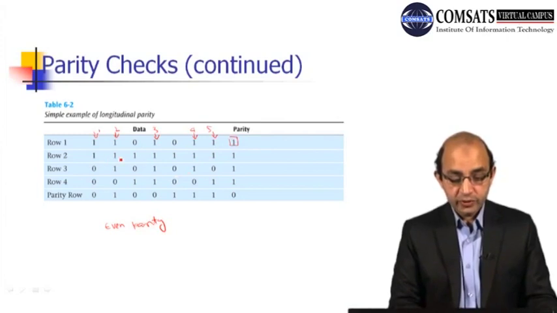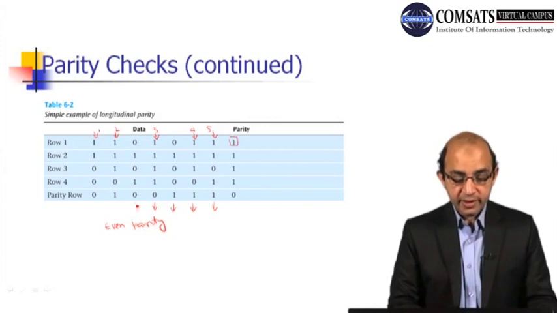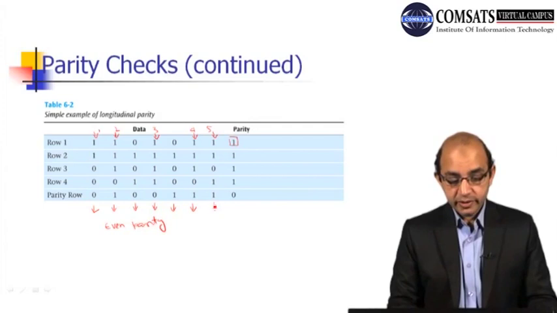Similarly 1, 2, 3, 4, 5, 6, 7, so 1 to make it 8, that is even. And here 1, 2, 3, so odd. In order to make it even, we have to place 1 here. So now this is the parity when we talk about the row. Now let's talk about the column. We are actually going to add more redundancy in the data. So these are the column positions,